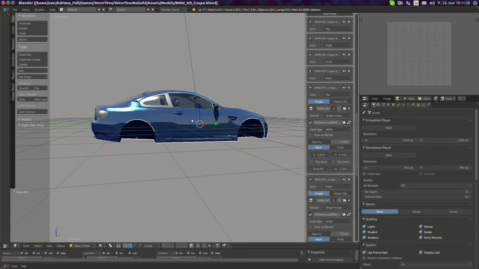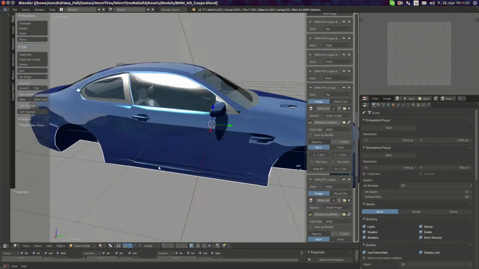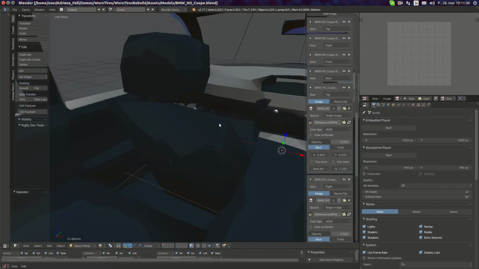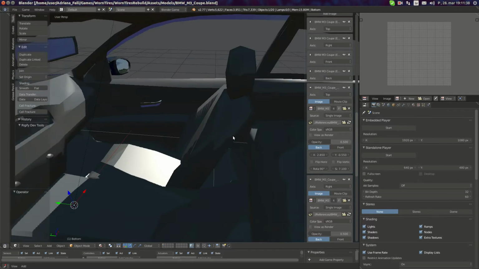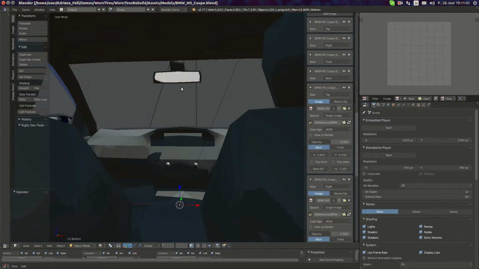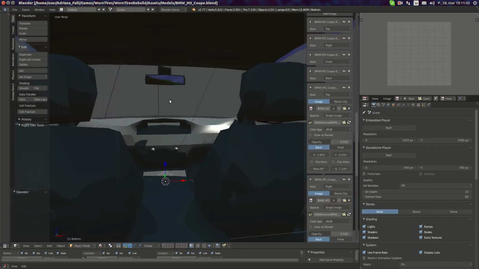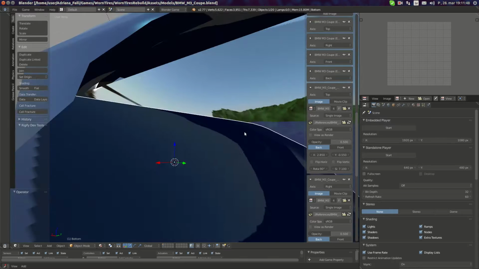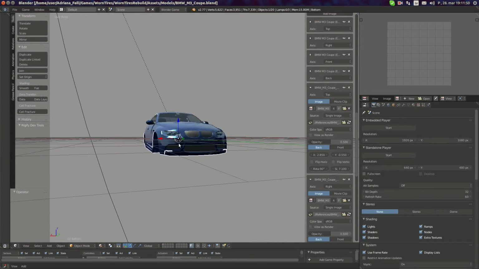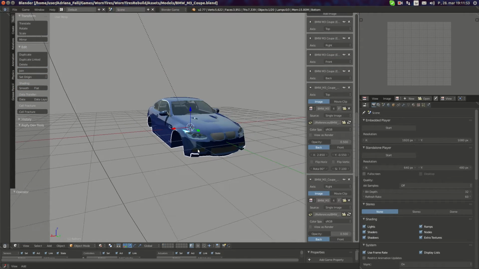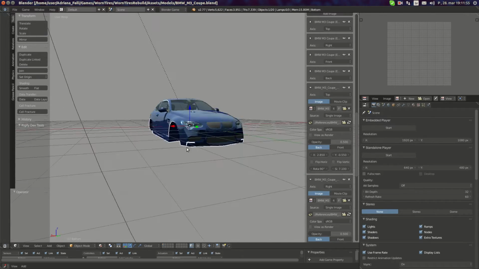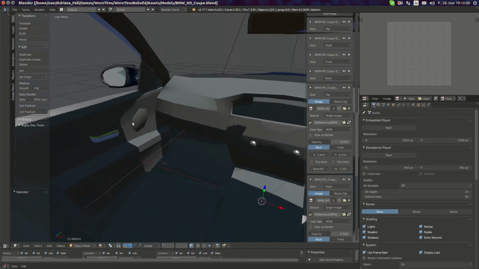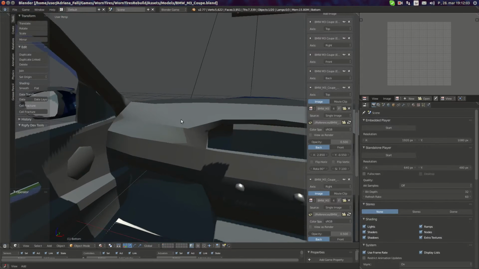Previous time we were left at this stage where we created a few parts in the interior. So we finished up the symmetrical parts. If I recall correctly, in the previous time we created the mirror. I think so. Yeah, and we created the front lamps here, like so, that's what we've done. And what we're gonna make today is we're gonna start creating the non-symmetrical parts of the car, and it's the